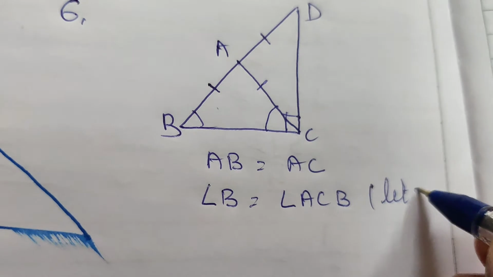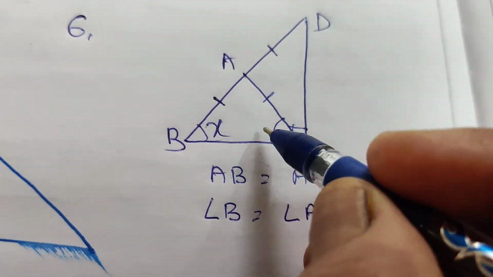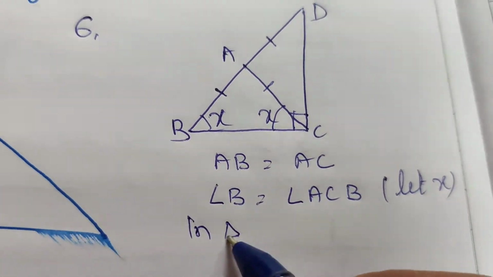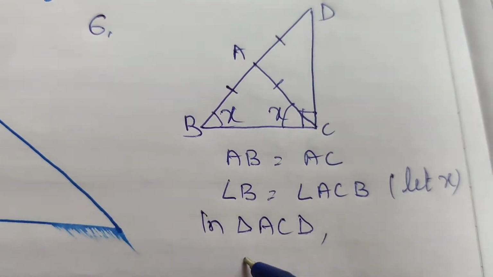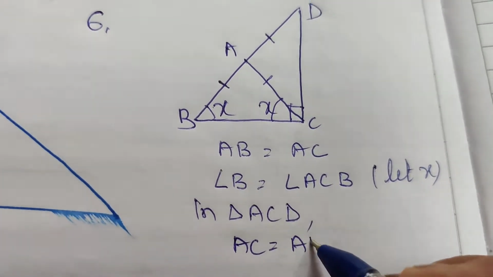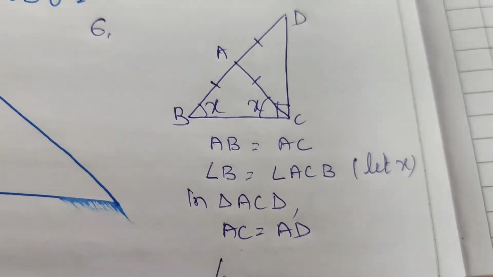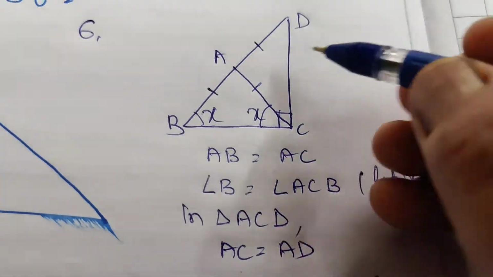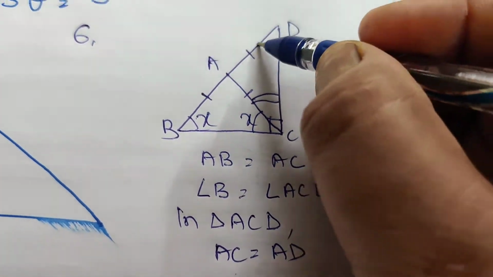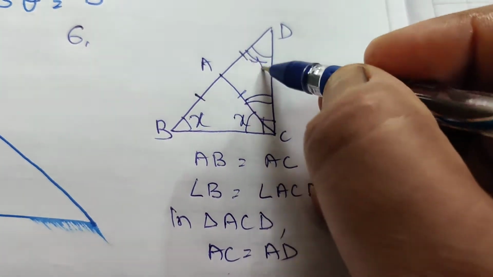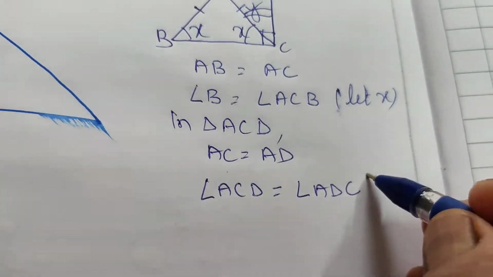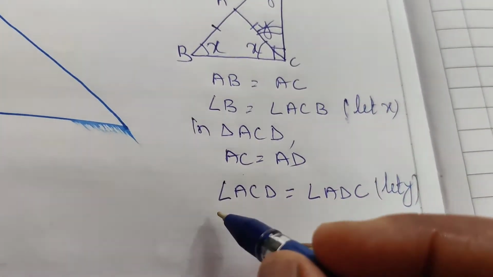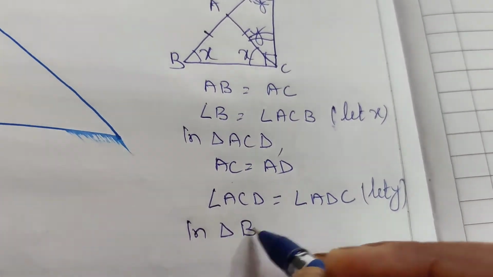Let this angle be X, and in triangle ACD, AC equal to AD. AC equal to AD means angle ACD equal to angle ADC. Let this be Y. Now in triangle BCD,